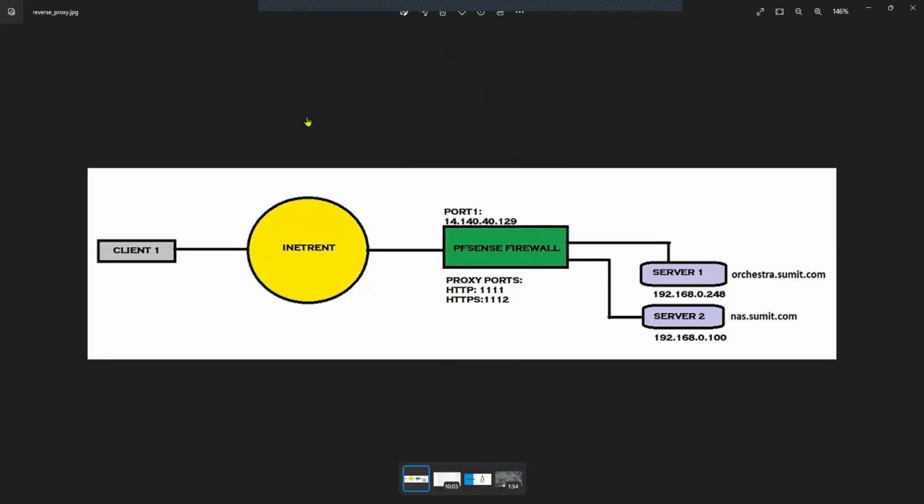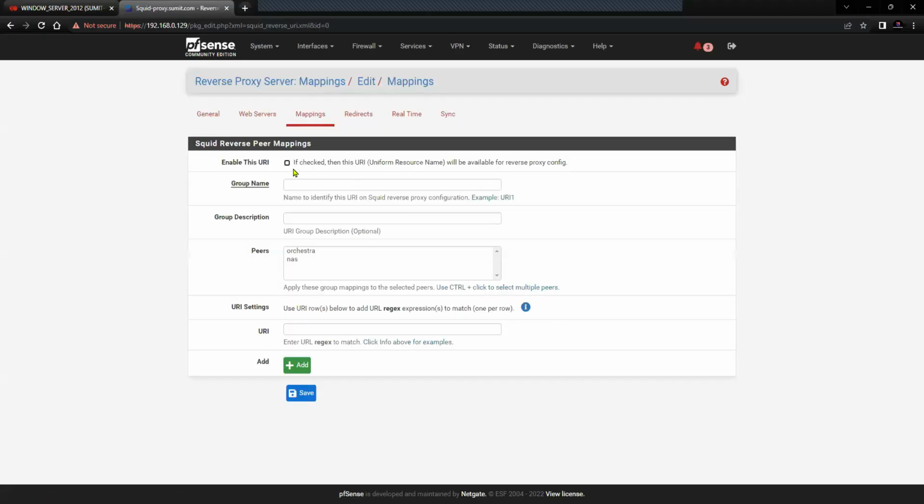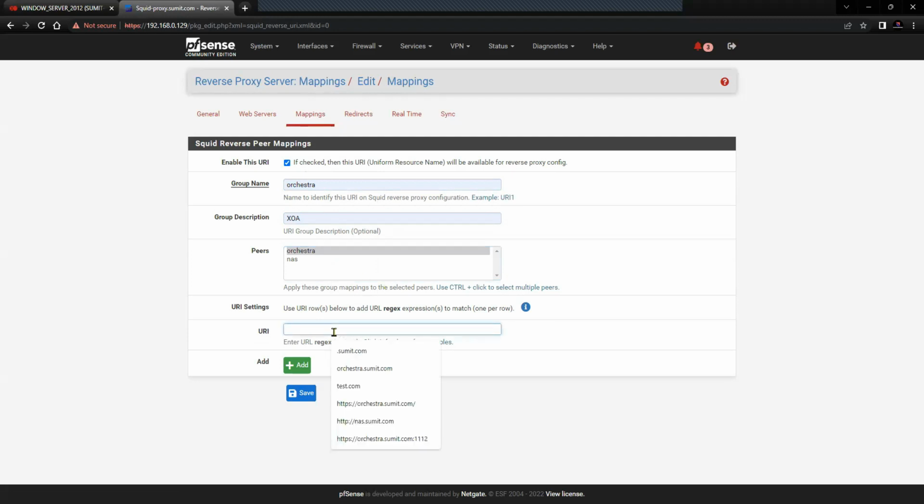So click on mappings, click on add, enable this option. You can name it as group. Let's try to do it for orchestra. This is the server 1. And select the first web server, orchestra. And you will have to specify the URL for matching condition here. So in my case, it is going to be